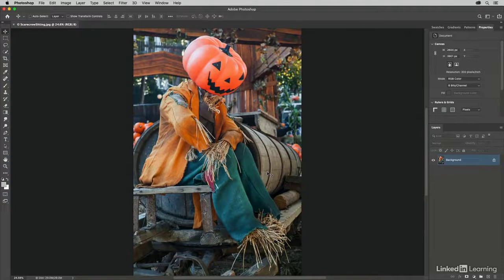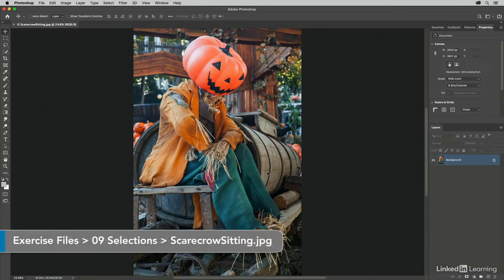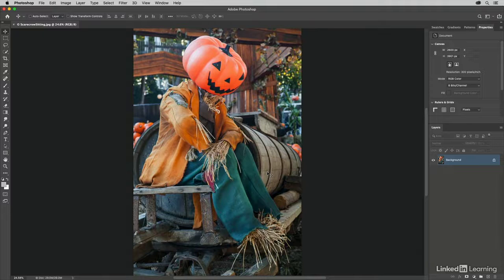Photoshop's Select Subject feature does a great job of selecting the main subject in an image. It uses artificial intelligence and machine learning to try to identify the primary subject, and it's been optimized for portraits, which happen to be the most selected subject in Photoshop, but I find myself using it for all sorts of images. So in this image, I want to select the scarecrow and desaturate the background to put the emphasis